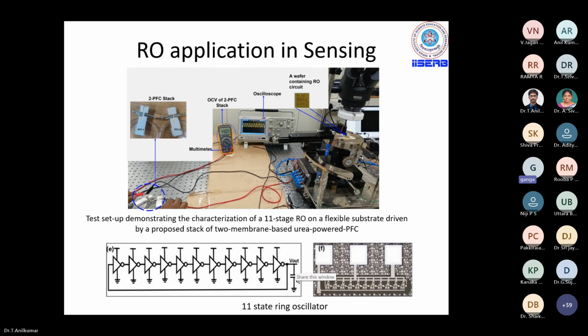On the paper, they have developed these fuel cells. One fuel cell is not able to power up the circuit, so we have used a series connection of two. You can see the schematic over here. The output of this stack is being given as power supply to the ring oscillator. You can see that the supply voltage is about 1.4 volts and it is able to drive the circuit very effectively, and we could see a good frequency of oscillation.